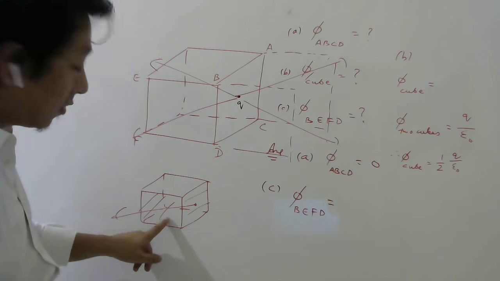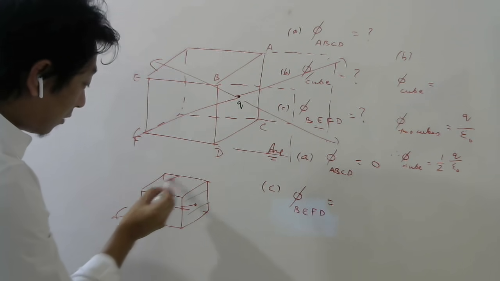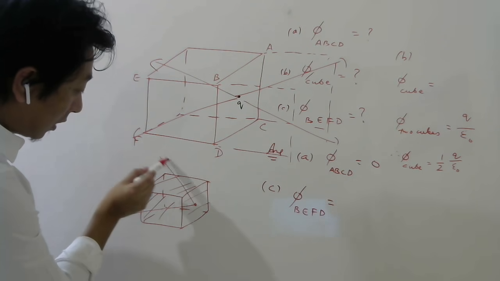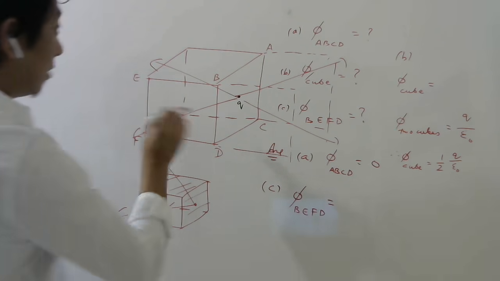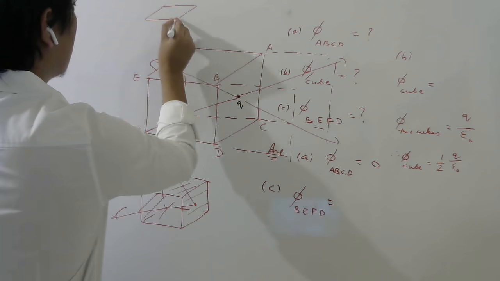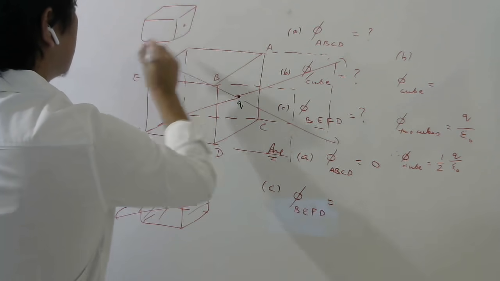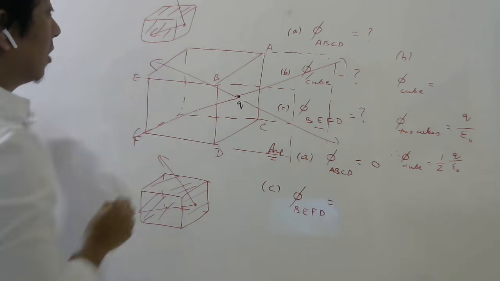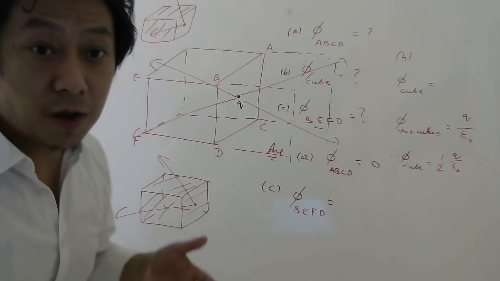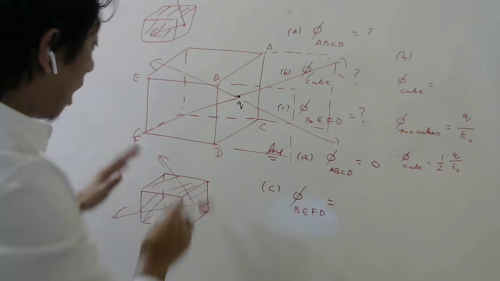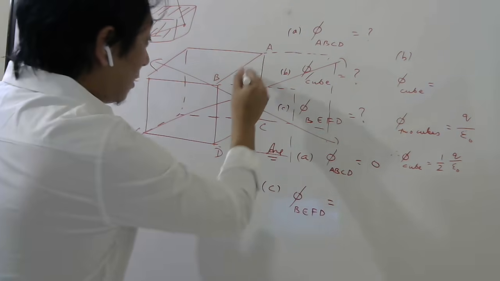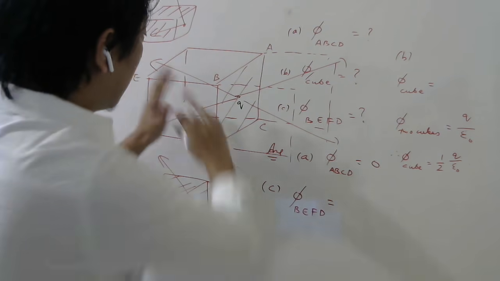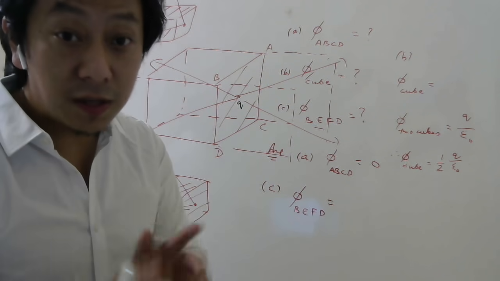So there will be some flux here, but the same flux will be there for this also, right? Because if one line is cutting here, one line will cut here also. You are understanding or not? So if this is the cube and here is the charge, if one line cuts this surface, one line will cut this surface also. Like that, how many surfaces do you have? 5 surfaces. So out of these 6 surfaces, this surface will not result in flux. So only the other 5 will contribute to the flux equally.